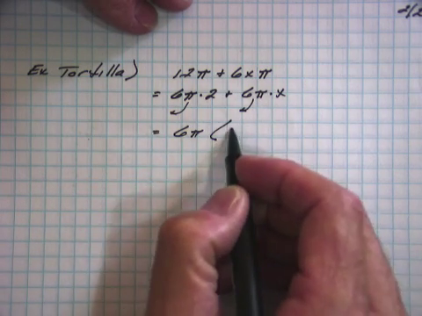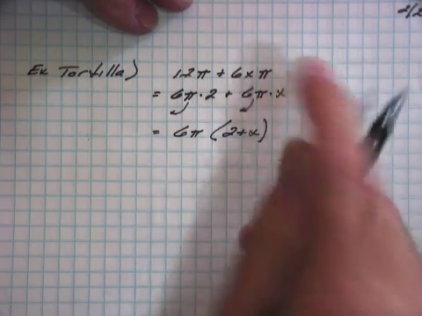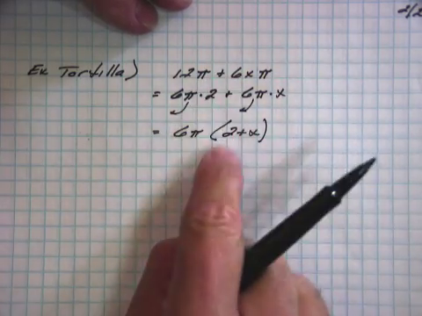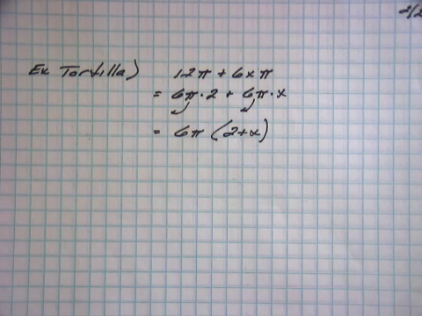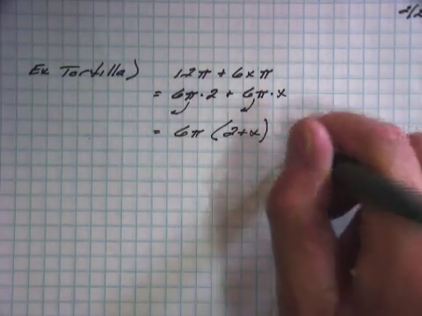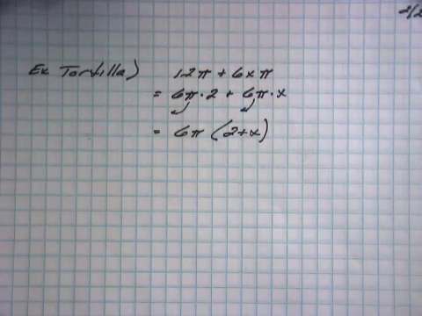There's still a 6, there's still an x, and there's still a pi. Now we can factor out that 6 pi, and you've got 6 pi parenthesis 2 plus x. So these two terms are equivalent. We started with that, factored out the 6 pi, and we got that one. So just a quick reminder of what